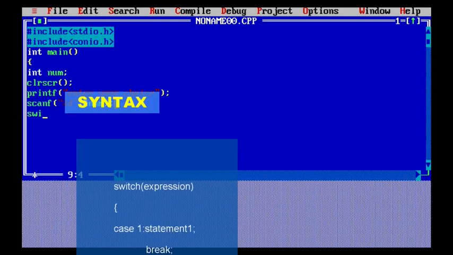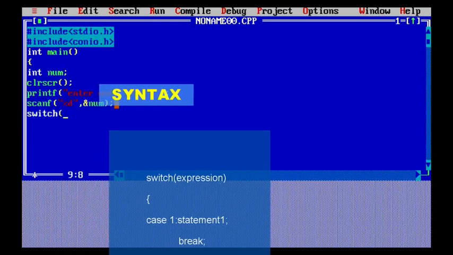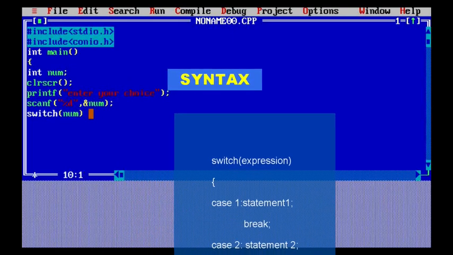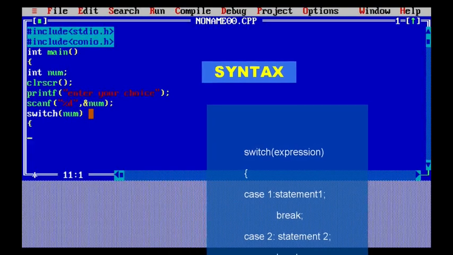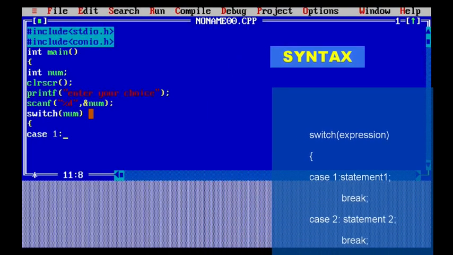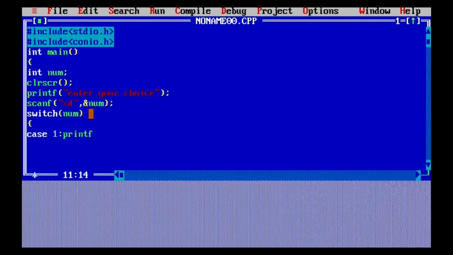After that, in the switch statement, I am going to use switch, that is the keyword, then I am going to pass that number into the parentheses of the switch. Then after that I will write case 1. In the printf statement of case 1, I am writing that you have entered choice 1. Here you can see that it is written case 1 and after that a colon. This is the basic syntax that we need to follow. If this case works, it will break, meaning break the execution and move to the exit of the program.